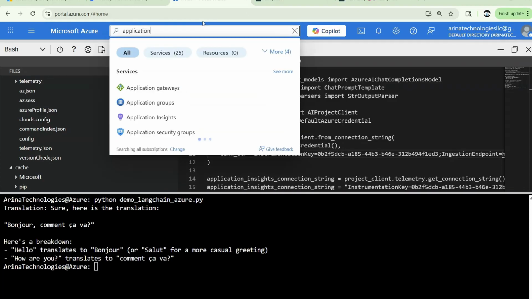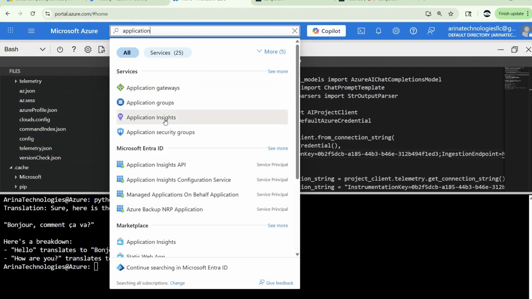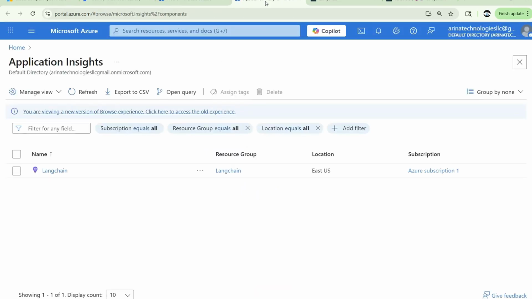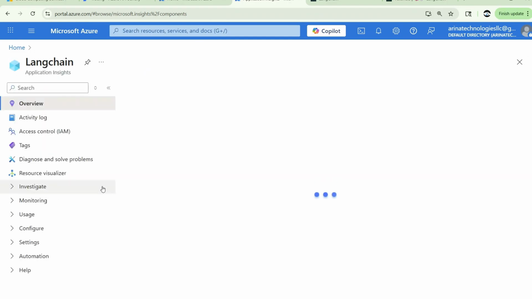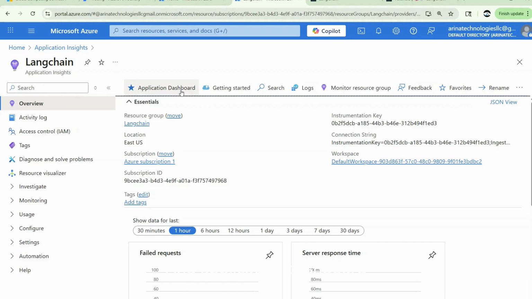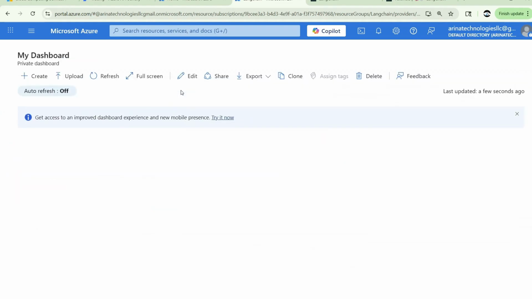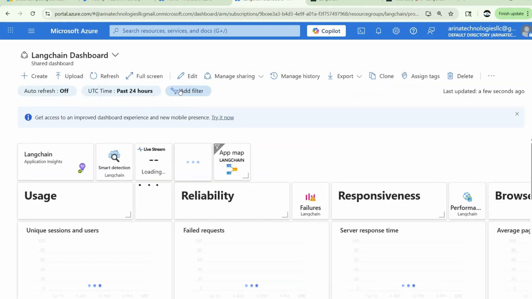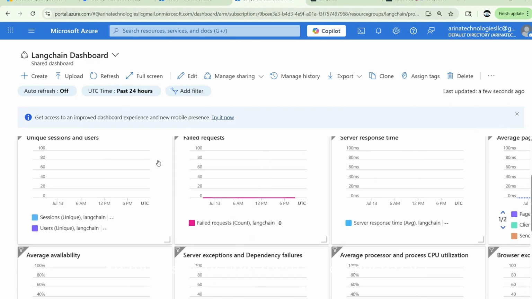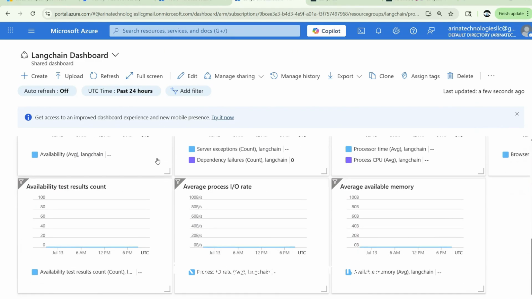Now, our Application Performance Manager, where you can do end-to-end traceability. So within using LangChain and using the Azure AI setup, this is the Application Insight we had created, the resource. You can click, let's see if we are getting some data. And application dashboard. So as of now, there is not much data. I think it should start coming up if we send a few more requests.